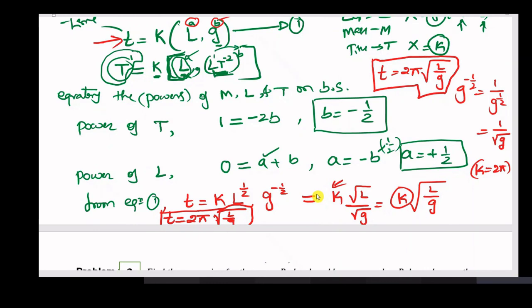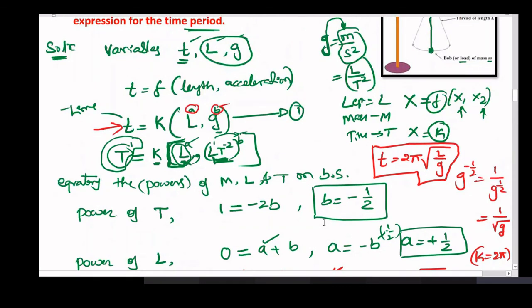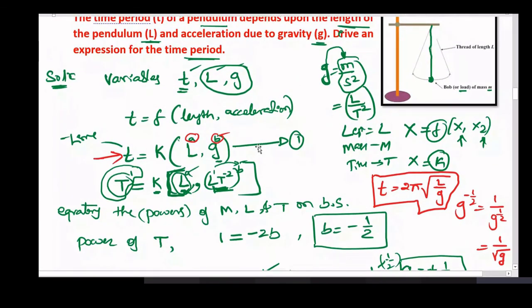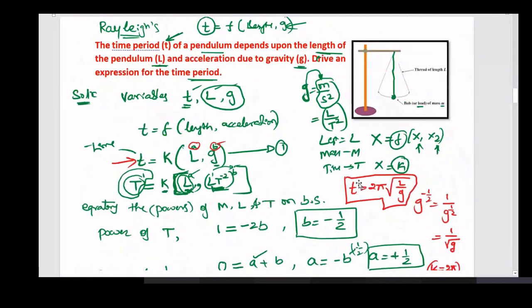Okay, this is a dimensional analysis, not using Buckingham Pi theorem. It is the Rayleigh method. Same form, same statement, same numerical. You can solve using Buckingham Pi theorem, but it is lengthy. Why you choose the Rayleigh method is because the number of variables is only 3. If the number of variables is less than 4 or 5, maximum 4, then you go for the Rayleigh method. This is one numerical.